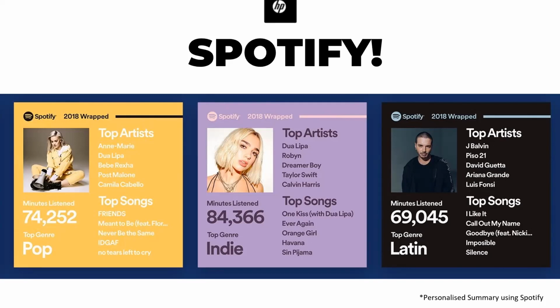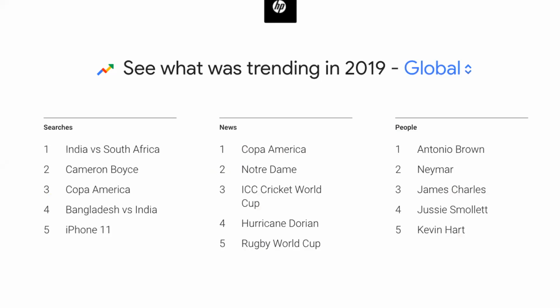So that is one example that I can quote, and Google also does the same. I mean, Google gives a sort of a review. Visualizations can be simple, like what I show here. It's just a table, sort of a list, where Google has portrayed what was trending in the last year. So I suppose in 2020 it has to be Corona, COVID, or quarantine, and that has to be on the list. But nevertheless, in the last year, it's all about India versus South Africa because India played the cricket World